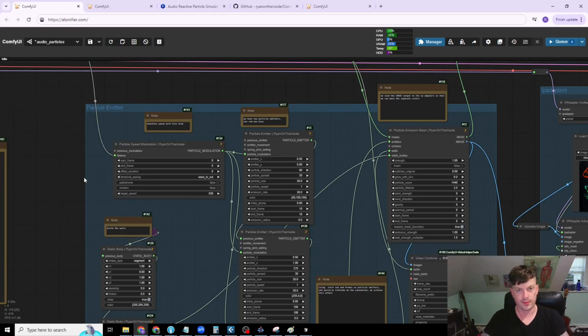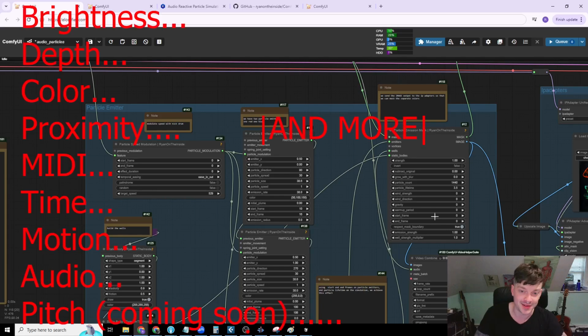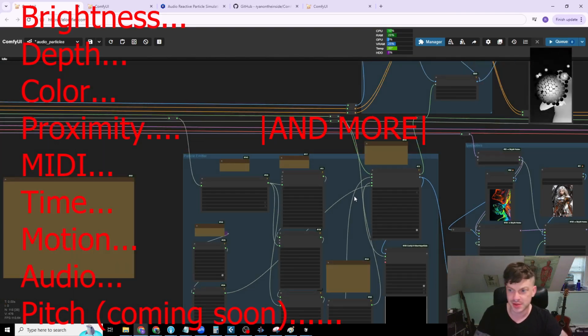And the same deal. You pass in the audio feature to either of those, and it will modulate them. Again, let me reiterate that it doesn't have to be audio. You can do anything with this. You can use anything as a driving feature. So we could make the particles move only when she moves, or make the particles move when there's a... it's hard to really describe all the different things